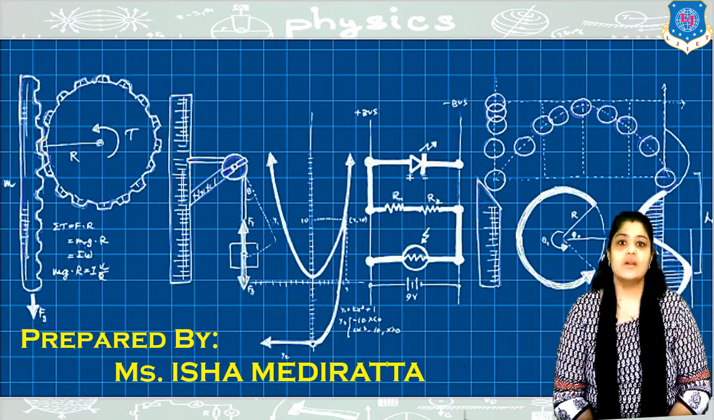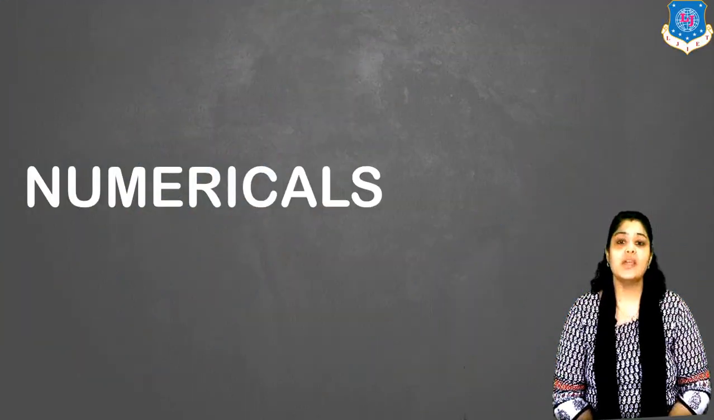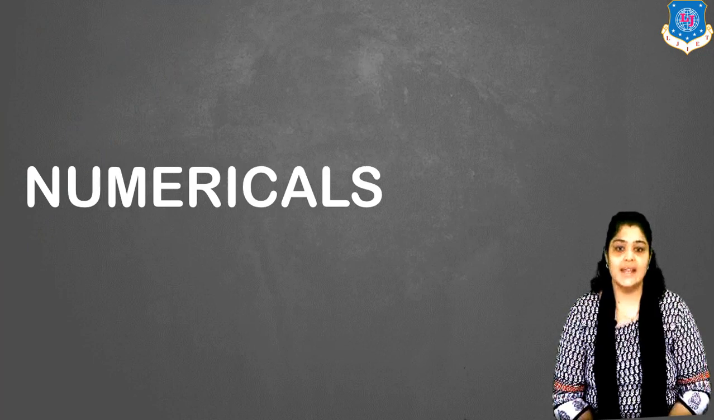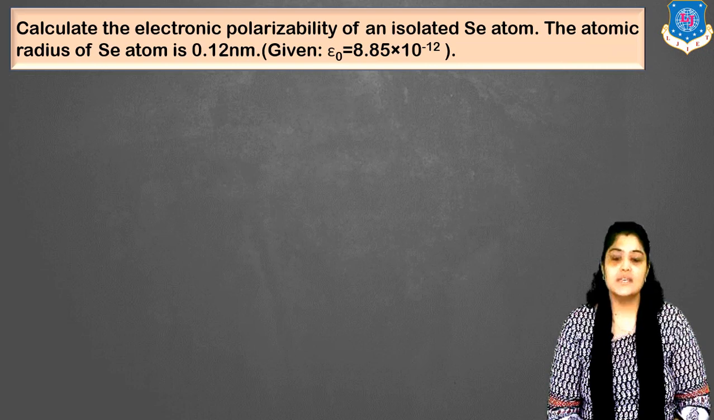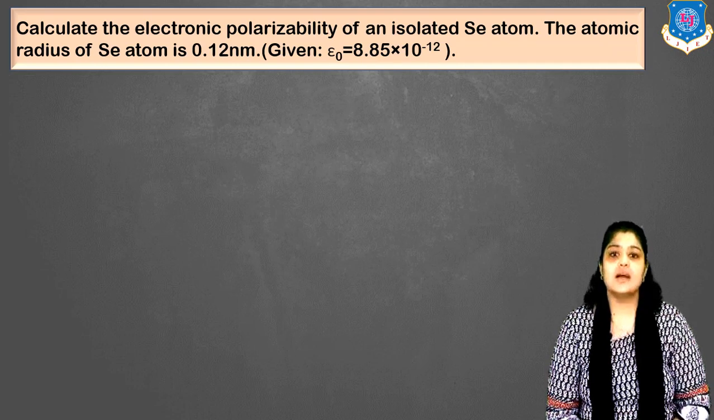In today's video, I will be discussing numericals of the chapter Dielectrics. So let's start. I'll be reading out the questions first, then I'll discuss the formulae and then we'll solve the numericals. So let us just start with the first one, which says calculate the electronic polarizability of an isolated selenium